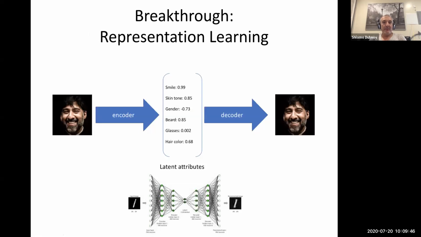So we spoke about some breakthroughs in machine learning, like representation learning, where you can have an encoder, have latent attributes, and this list can be detailed enough, and the mapping from encoder to decoder sophisticated enough to reconstruct the image. That's really one of the breakthroughs that we covered, and I think this is relevant in this creative review today.